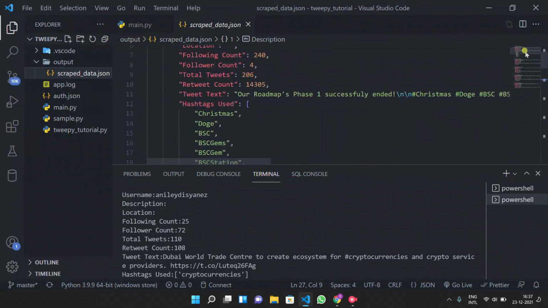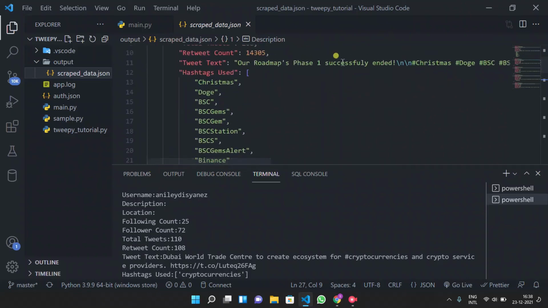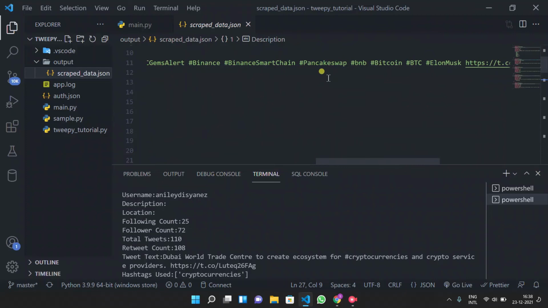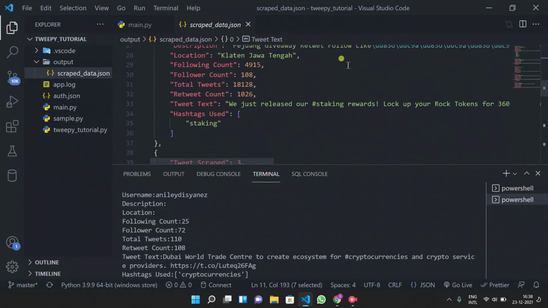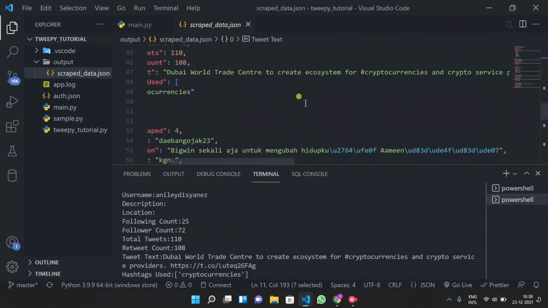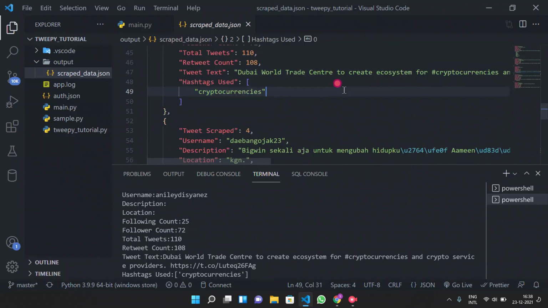This contains the scrap tweets. Yes, we have got these tweets which contain Bitcoin. Let's see, yes, here is the Bitcoin word in the tweet. Then here, let's check.